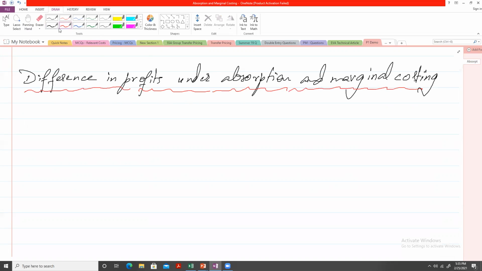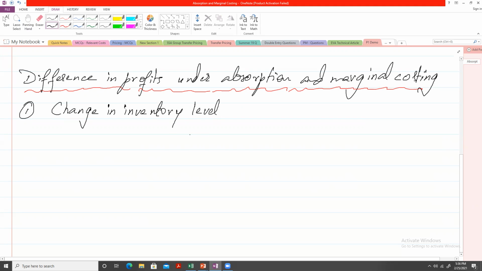Why does this difference arise? Number one, the difference in profit arises because of the change in inventory level. Number two, this difference arises because of